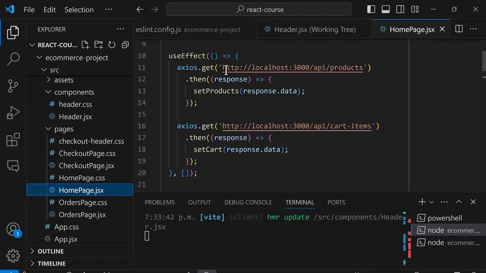request, we're sending it to localhost 3000. So we can actually set up a shortcut in Vite, so we don't have to type localhost 3000 every time. So we can actually remove these